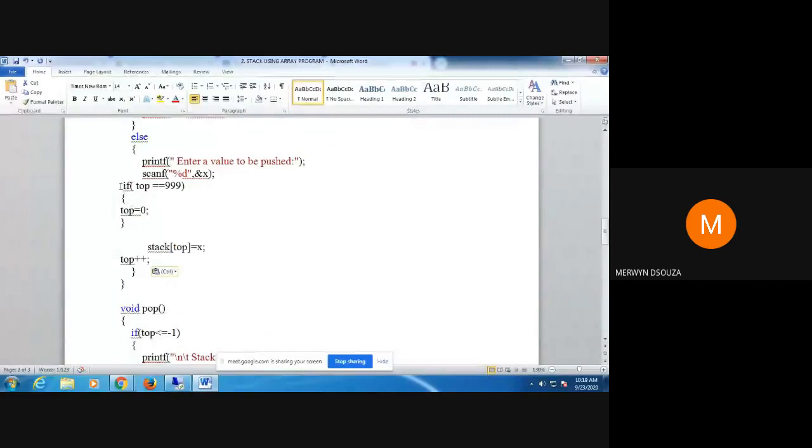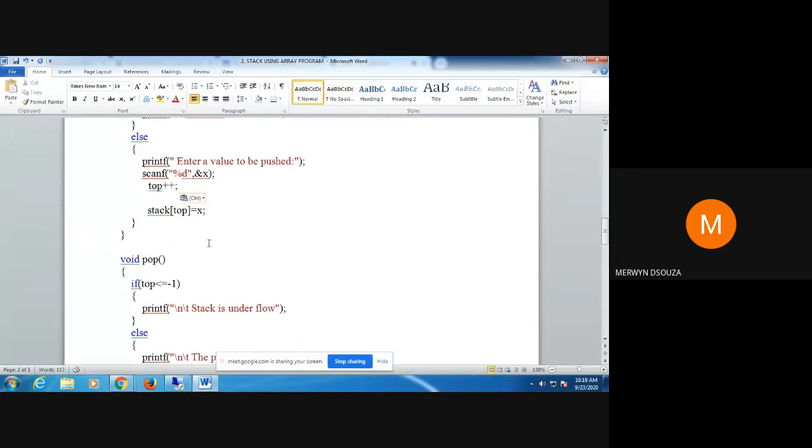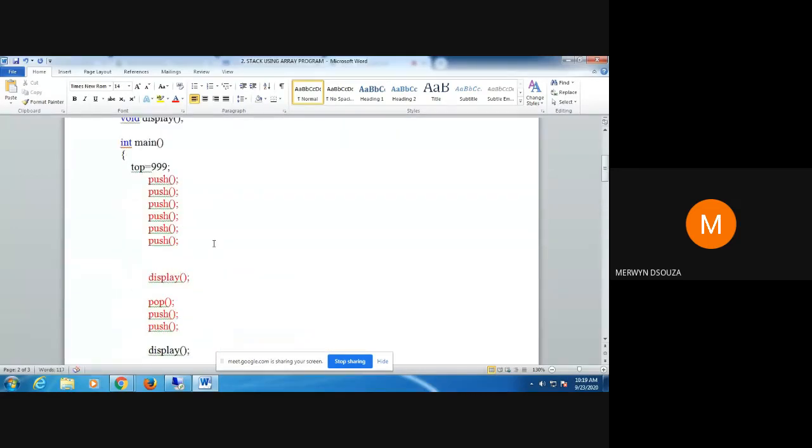But now, like you can see, this involves some additional lines of code which are not needed. So yeah, if you want to make top equal to 0, you can do it. It should work. But we'll keep it like this.